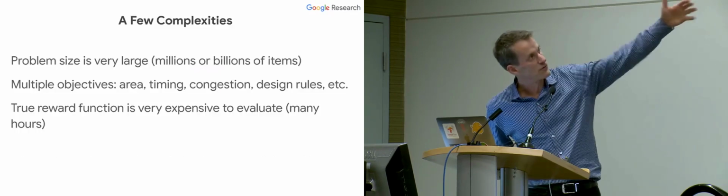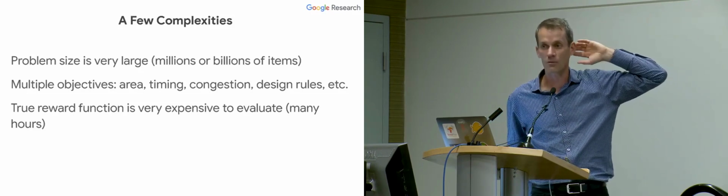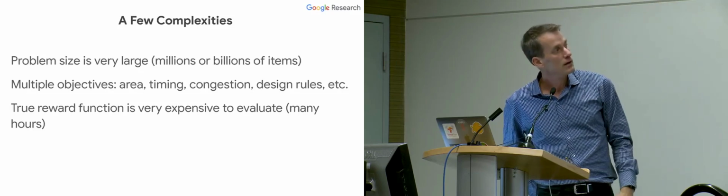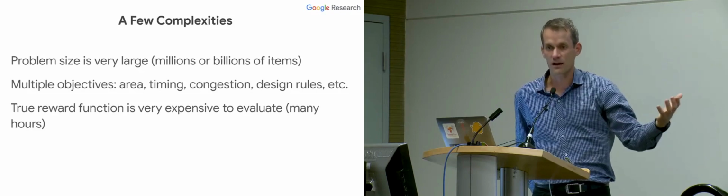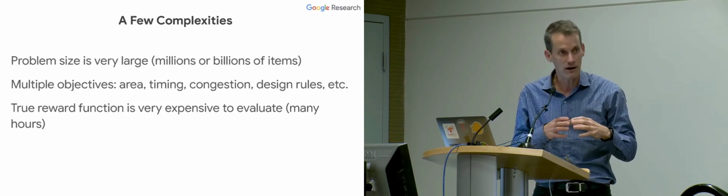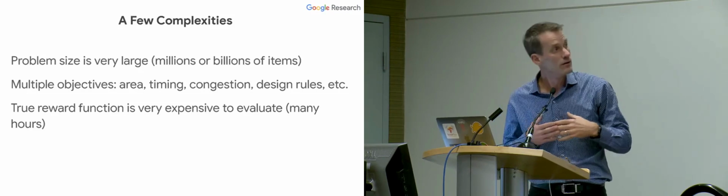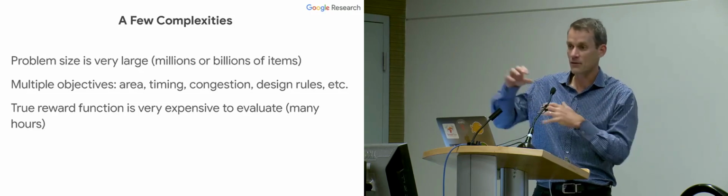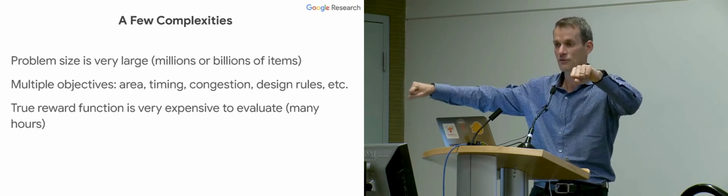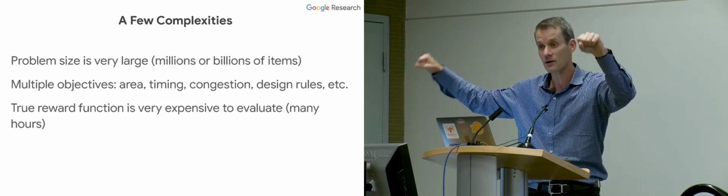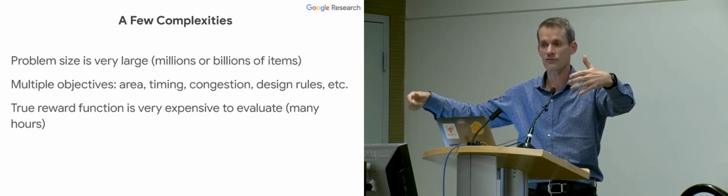So there's a bunch of complexities. First, the problem size is really big. There's generally millions or even billions of items on a real-world chip that you need to place in a way such that you have multiple objectives you're trying to satisfy. You're trying to minimize the total area that the chip requires because that directly influences the manufacturing cost of the chip and also your yield. You have things like timing. If two things are close enough together, the timing will be fine. But if you spread them too far apart, then the timing characteristics of the chip may not meet the goals you have for the overall chip clock rate.